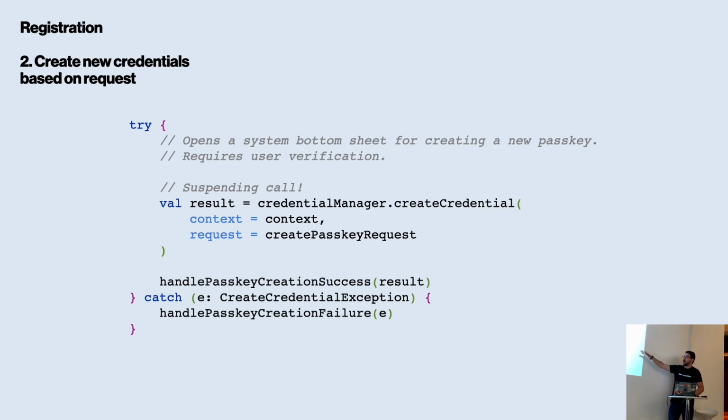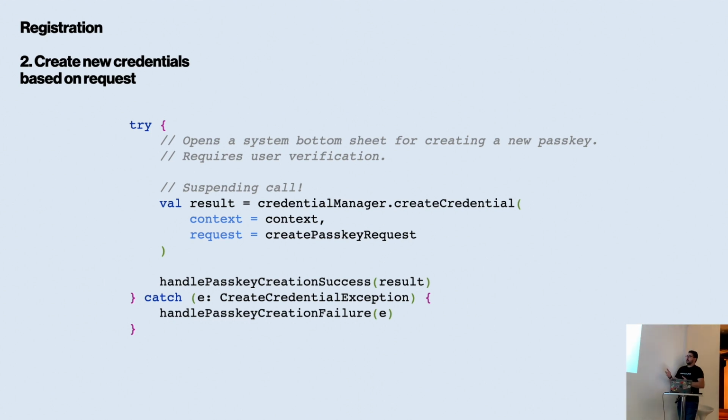When you call create credentials, it takes in the configuration from the server, wraps that up in something very nice, and provides that to the credential manager. It shows up the bottom sheet, you pick the account which you want to use to create your passkey, it automatically requests some kind of a verification process from the user, and it gives you out a result.